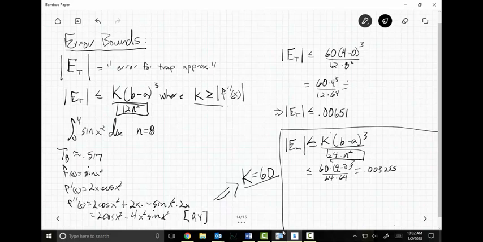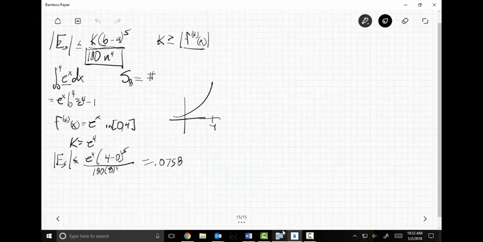But as always, what happens if we want to be more accurate? We let n get bigger. We let it grow. Which really begs a fun question: how big should I let n be if I wanted my Simpson's approximation of the integral from 0 to 4 of e to the x to be within 1/10,000th? So let's say I want my error bound for my Simpson's approximation to be less than or equal to